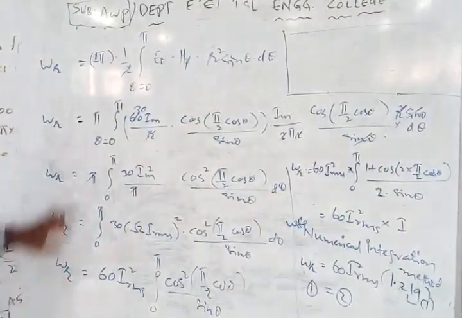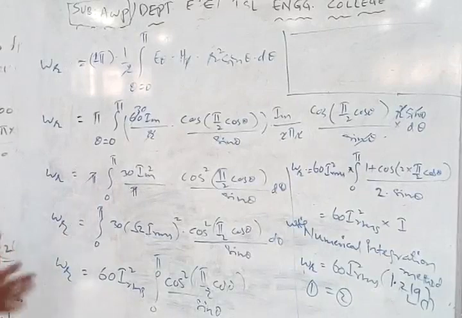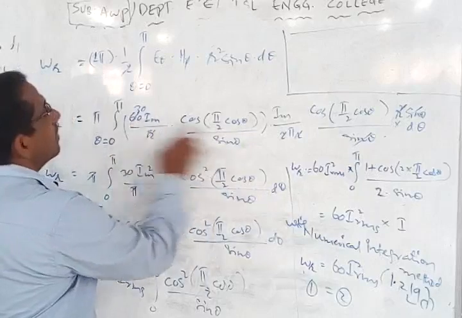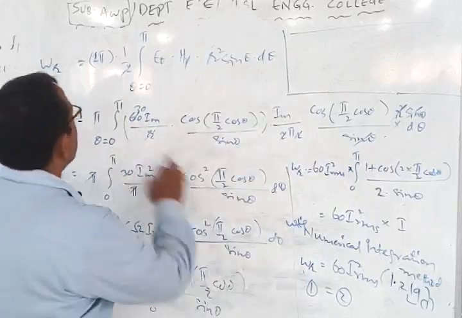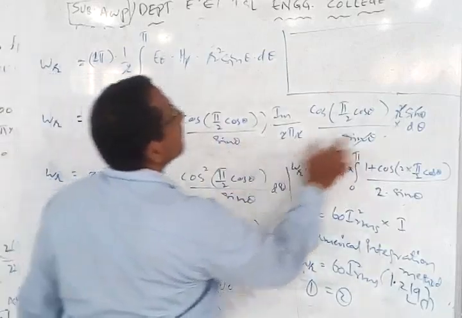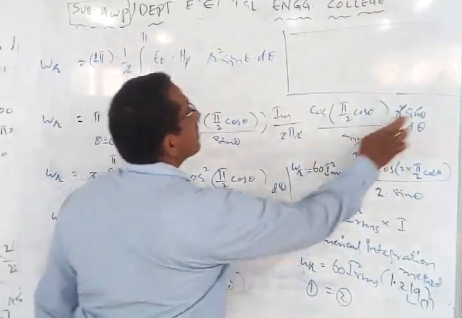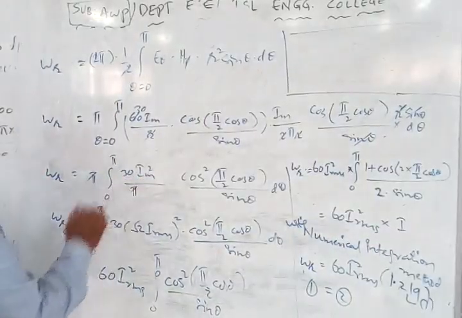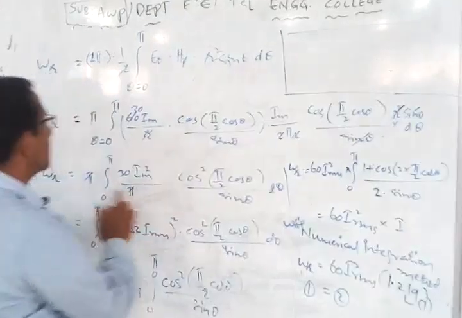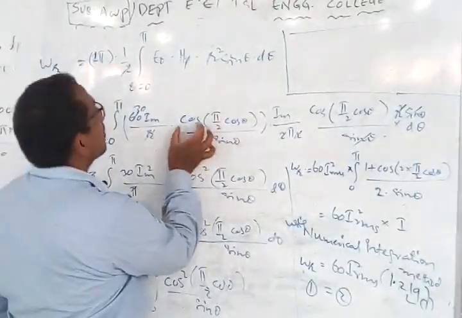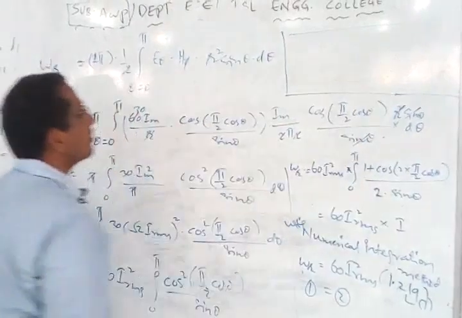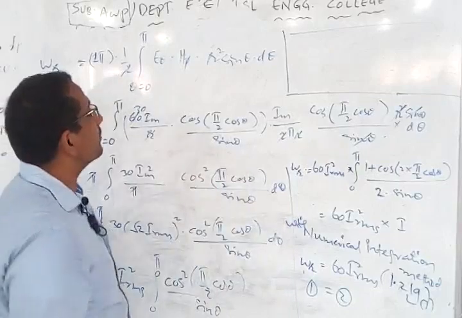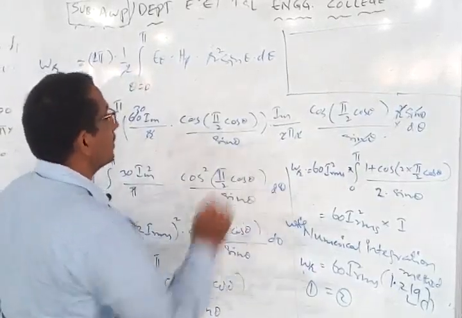Alright. Now when you get this equation, what are the things that will vanish? Let us see. Here 60 by 2 becomes 30. Then r into r is r square, and this r square will vanish with the other r square. Sin theta also vanishes here. Finally we are left with 30 Im square, with pi over here. And this is something like cos theta into cos theta, which is cos square theta. So I have written this in the form of cos square of pi by 2 cos theta by sin theta, and we are left with sin theta into d theta.